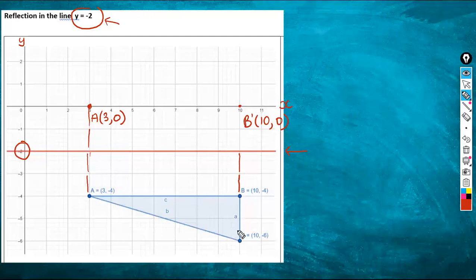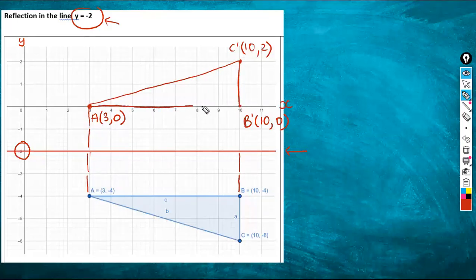Let's do point C. 1, 2, 3, 4, and he hits the mirror. So on the other side, he has to be 4. 1, 2, 3, 4. C prime, that will be how much? 10 on the x and 2 on the y. 10, 2. And if I connect that,